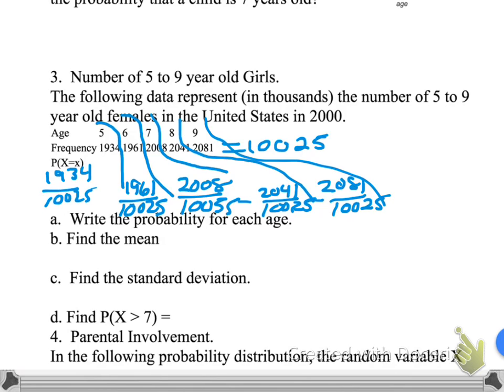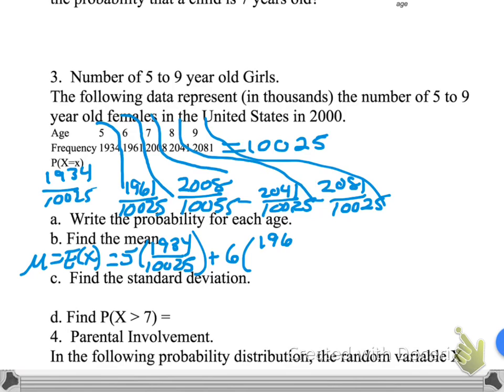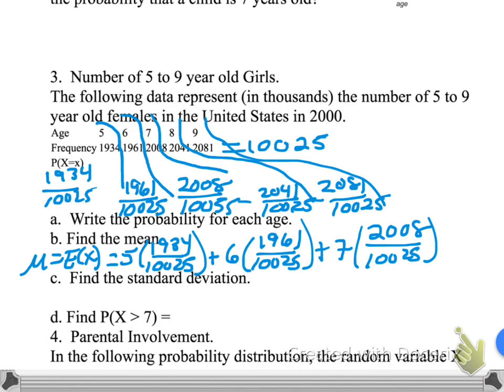All right, now they want us to write the mean. That is the expected value. So the mean is equal to the expected value. And so it's going to be 5 times 1934 divided by 10025, plus 6 times 1961 divided by 10025, plus 7 times 2008 divided by 10025,